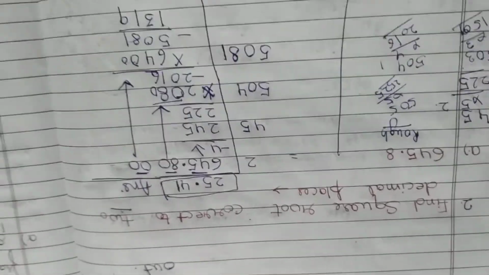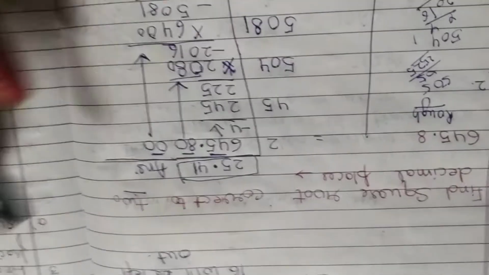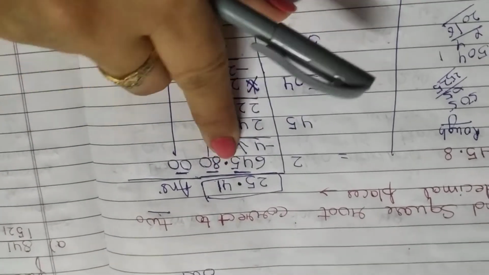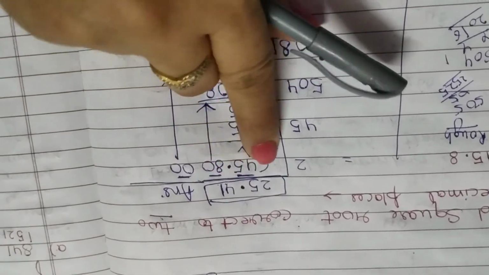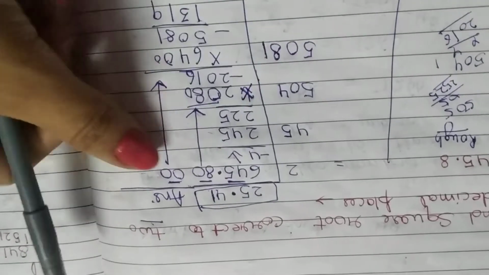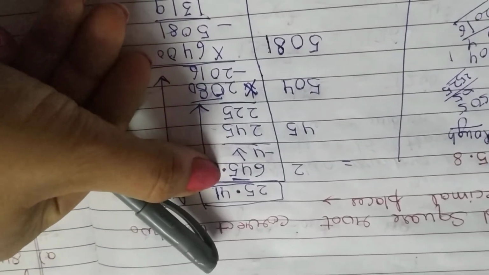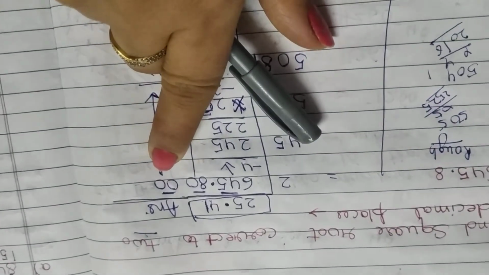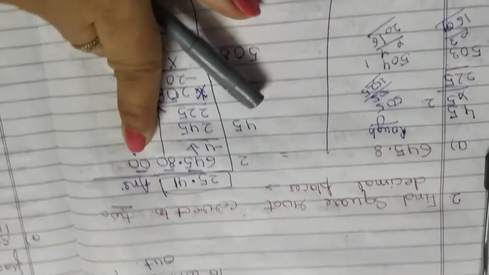You get it? The only thing you have to keep in your mind is, beta, when you use the division method, you have to separate the whole number and the decimal parts. The whole number's pairs will be made separately, and for the decimal places, zeros will be used to make the pairs. Got that? You do it.